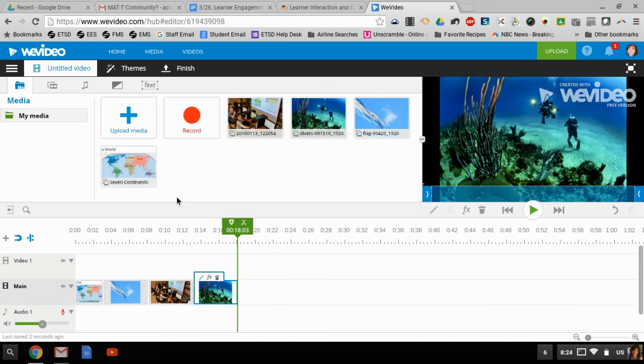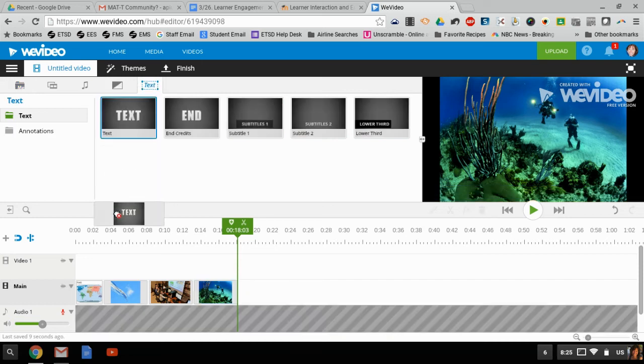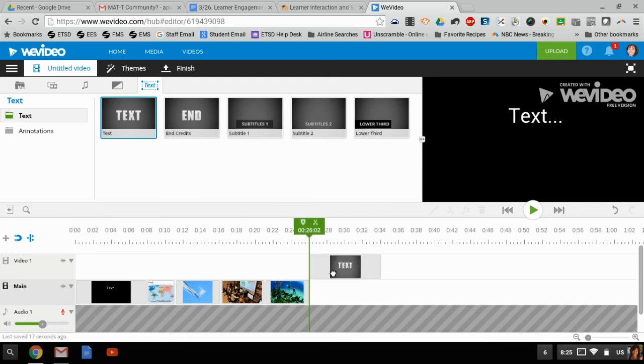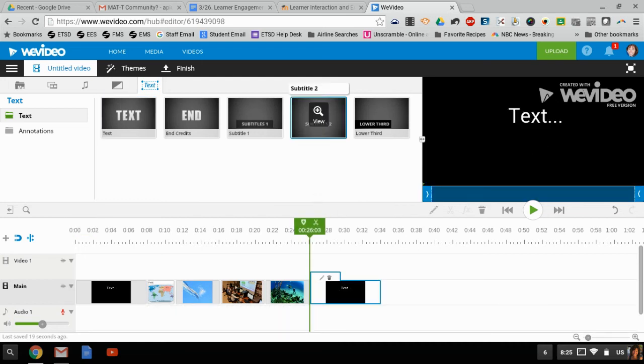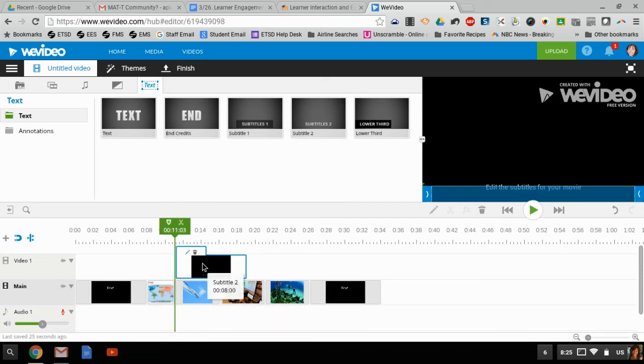It's also good to note that you can include things like text boxes. I can put a text box here. You'll probably notice I clicked on this menu up at the top here to grab my text box from one of these tabs. I can put a text box at the end. I can also do subtitles, and the subtitles will show over my photograph while my photograph is displaying. Obviously, this subtitle is going to show for what looks like maybe about 8 seconds, so I'm going to drag it so it's in line with my Argentinian